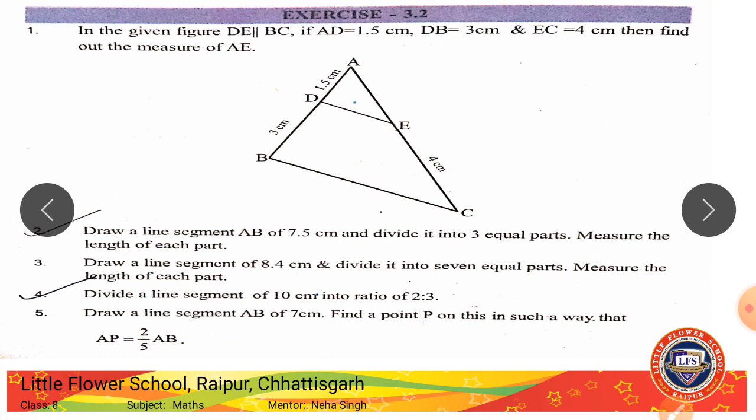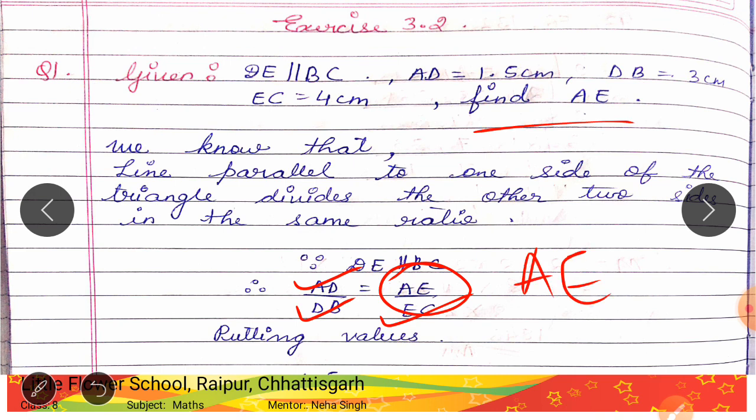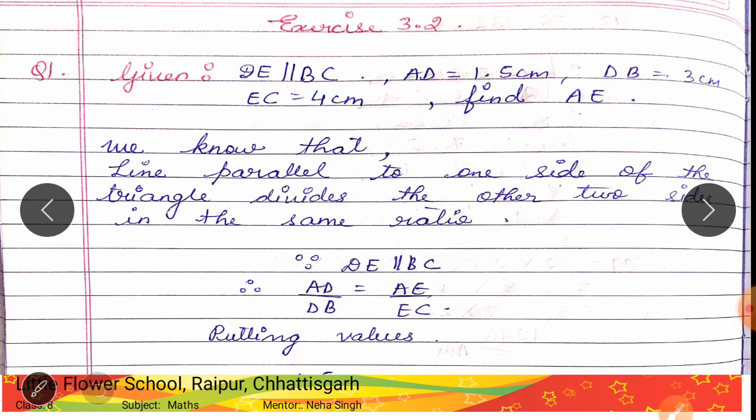This means that this is being divided into equal ratio. This ratio of AD and DB will be equal to ratio of AE and EC, right? So we can equate this according to this statement. Now we know the value of AD, DB and EC. Out of these four, we know the value of 3. We know the value of AD, we know the value of DB, and also we know the value of EC. We just need to find the value of AE, and that is only asked. So through this we can directly find it.